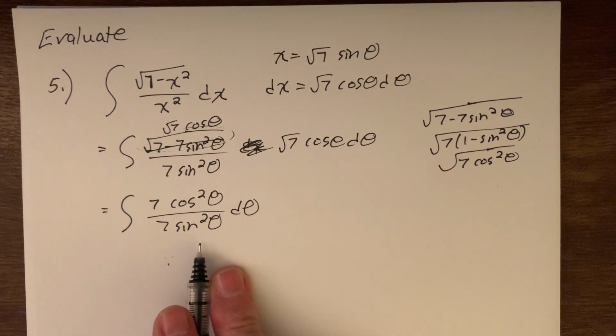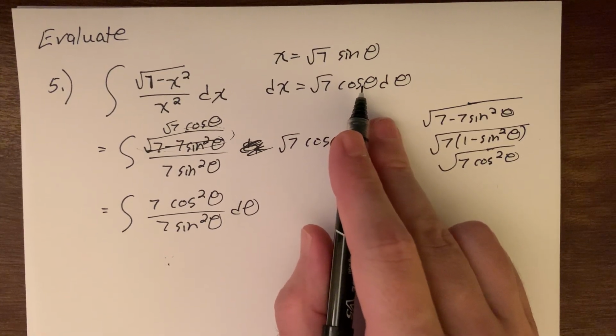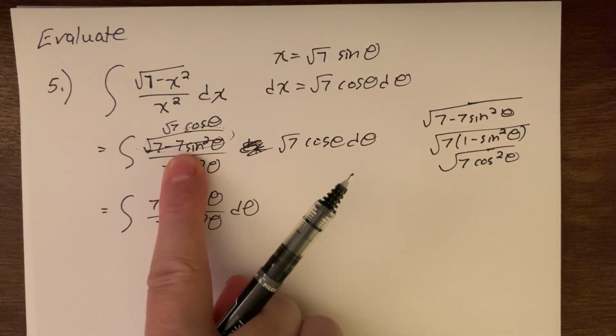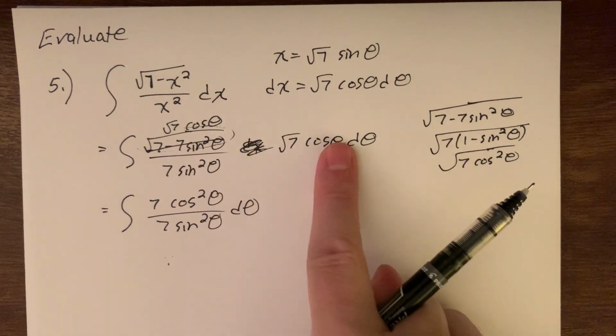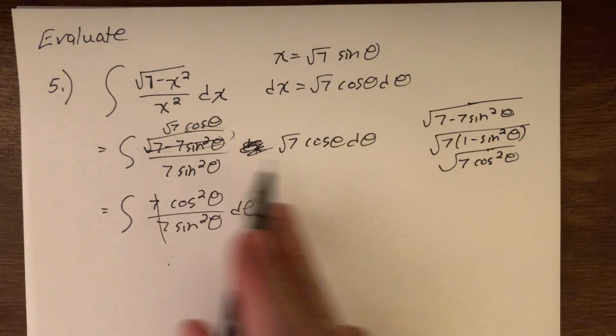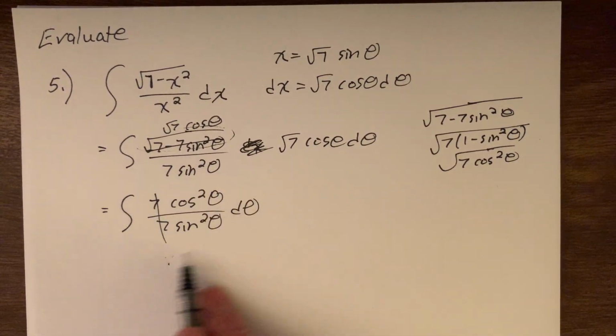Well, what do we do from here? First thing, the trig substitution is done. It has once again served its purpose. The trig substitution was meant to clean this up, and it has. Everything else I simplified. Well, let me at least cancel off the 7s. So I've already cleaned up the remainder, and now it's up to us to figure out how to handle this